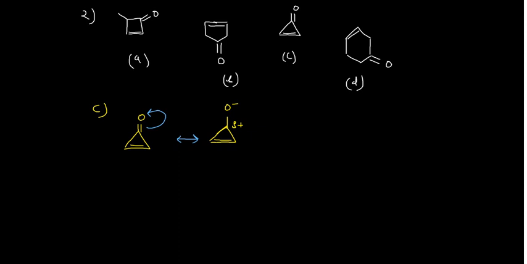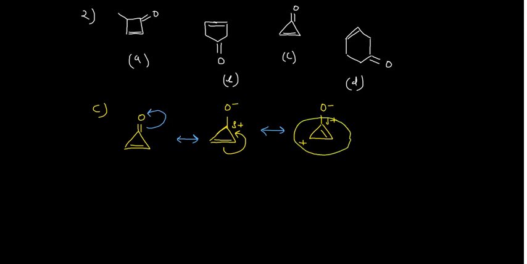If you want to draw another resonance structure for this one, what can happen? This can come here, and you may have another species, which would be just like that, positive, oxygen negative, and this is positive, right? And you know this particular species is aromatic. This part is the aromatic part.